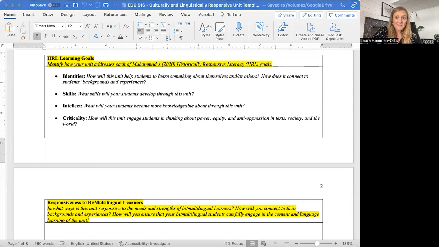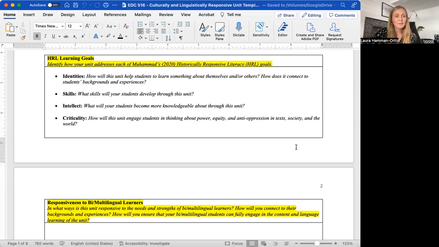So for identities, they had students think about how they use water in everyday life, to learn about water sources in their local community and outside of their local community. And so the teachers were specifically thinking about focusing on communities where their immigrant students were from. So they would learn about water sources in Guatemala, in Honduras. So find not only their own local community, but then specifically thinking about their multilingual learners in the design of